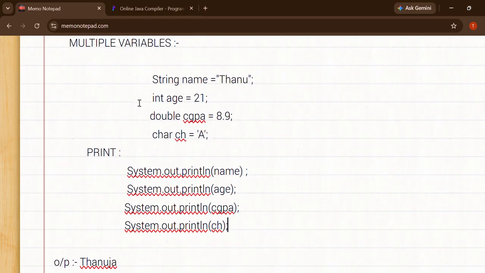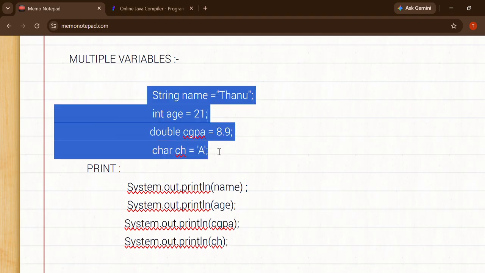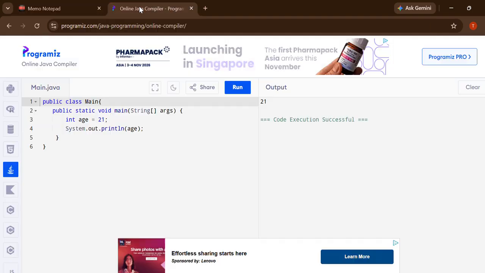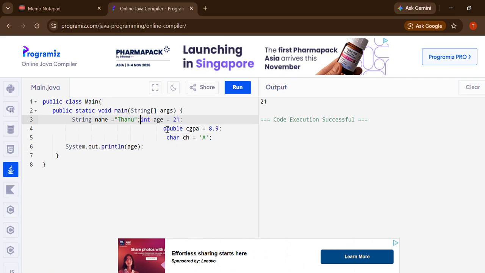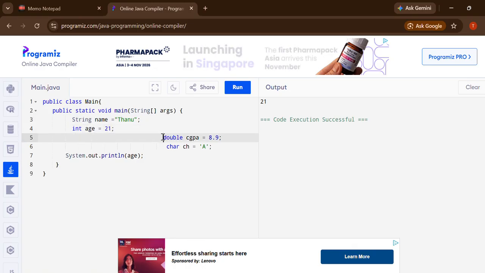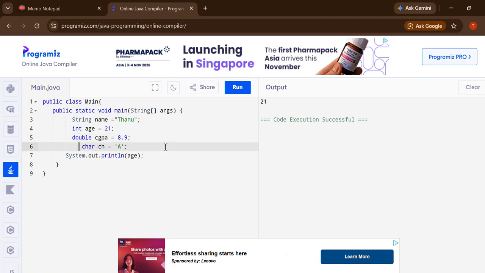Okay, now let's copy this. Let's remove this line because here we are entering again. So I think it's no problem in this online compiler. Okay, done.